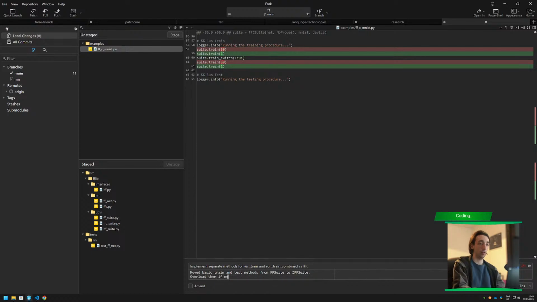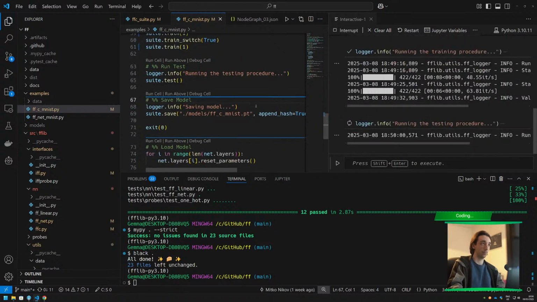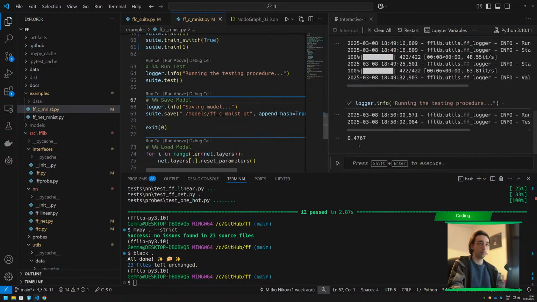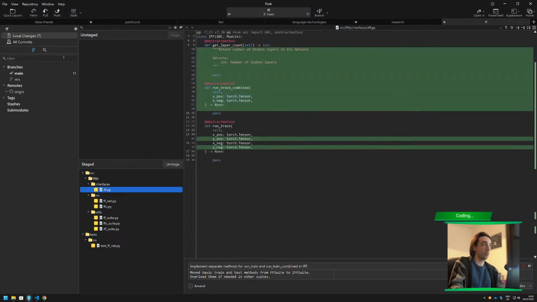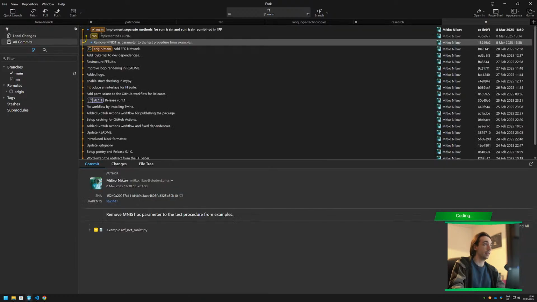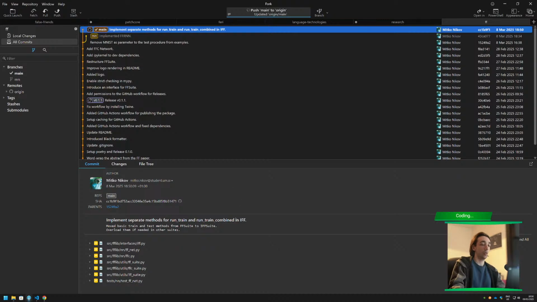Overload them if needed in other suites. Okay, yeah, it works. So, okay, we can discard that. We can push the commits, and now when we push to main, what